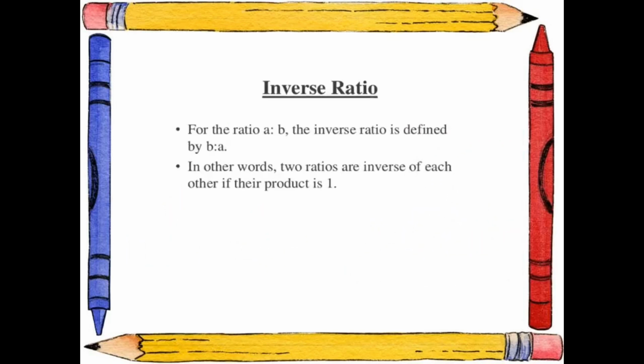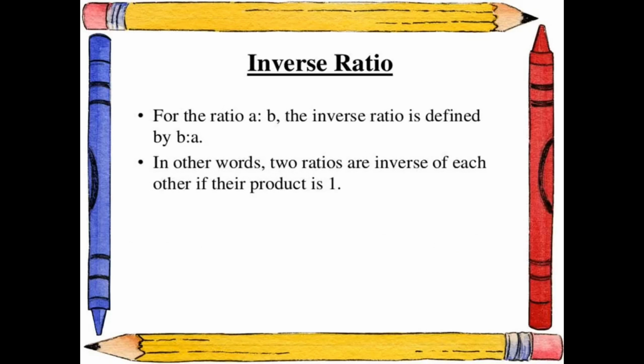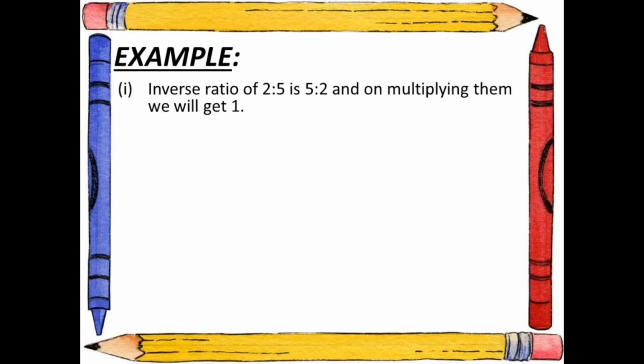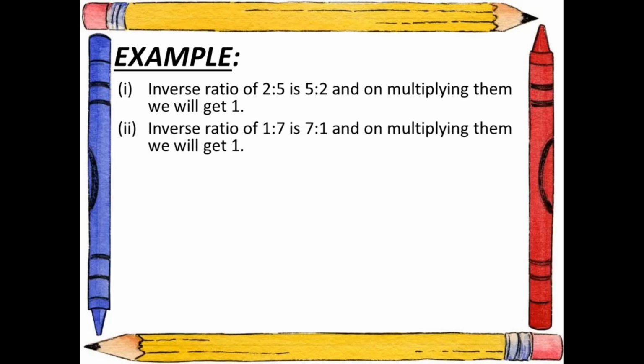Next topic is inverse ratio, and it says that for the ratio A is to B, the inverse ratio is defined by B is to A. In other words, two ratios are inverse of each other if their product is 1. Now let us see this with the help of an example. The first example: the inverse ratio of 2 is to 5 is 5 is to 2, and on multiplying them we get 1. The second example says that the inverse ratio of 1 is to 7 is 7 is to 1, and on multiplying them